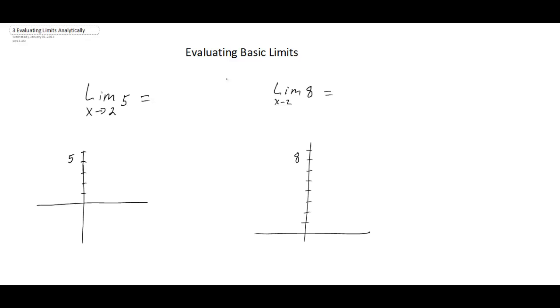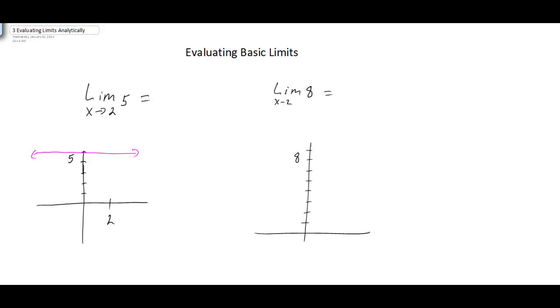All right, here we want to look at how we can evaluate some basic limits. And to start off, we want to look at the limit of 5 as x approaches 2. Well, if you notice here, we have a constant function, and if we were to look at this graphically, the graph of 5 would just simply be a horizontal line at y equals 5. And if you think about this, as x approaches 2,